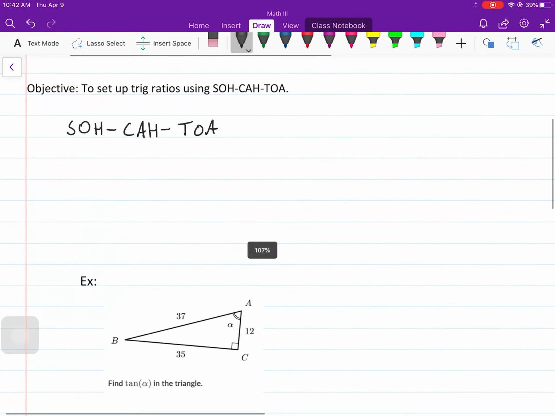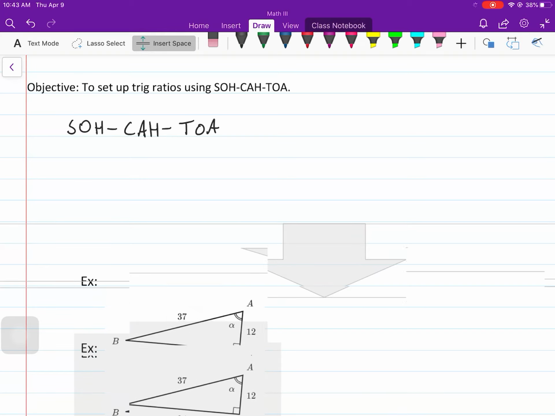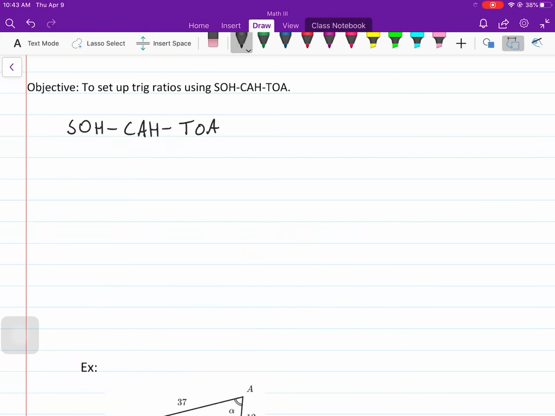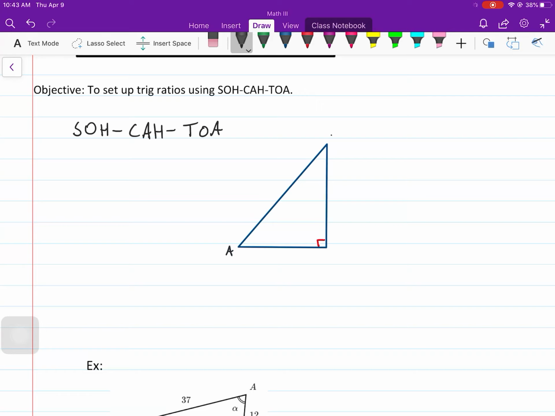So let's just do an example real quick. I have these examples down here. We'll get to them in a little bit. So just drawing a triangle. It has to be a right triangle. This is right triangle trig for a reason, and that's because it has to be a right triangle. So classic right triangles, 3, 4, 5. So if we want sine of A,